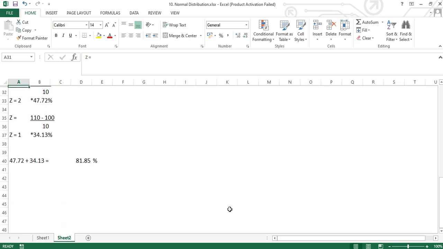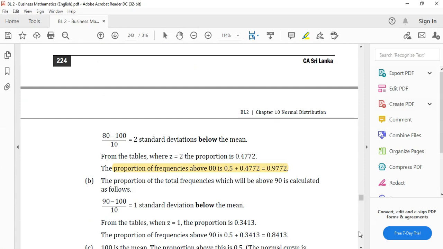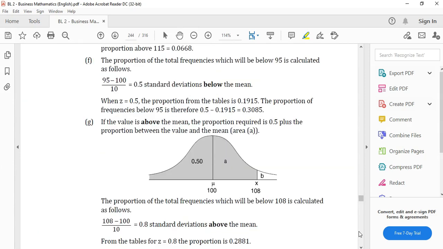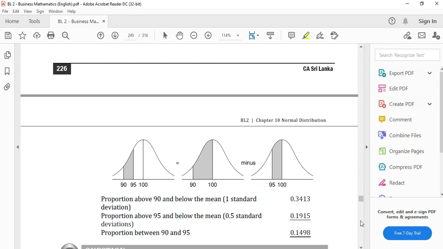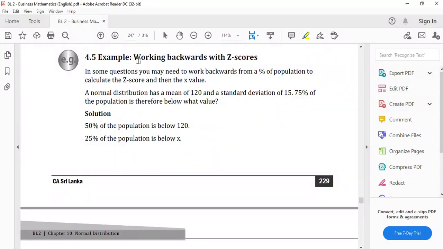Fine. I hope now you all are very familiar with the calculations of normal distribution. So remember that if you consider all possible outcomes in one section, then it is definitely equal to 50%. You never change it, okay? So let's see the answer for 80 to 100. Yes, it's negative. Okay. So next we'll be learning calculation of Z scores by working backwards.